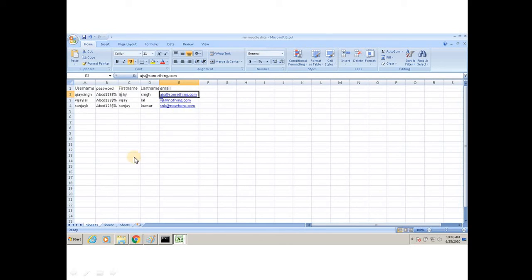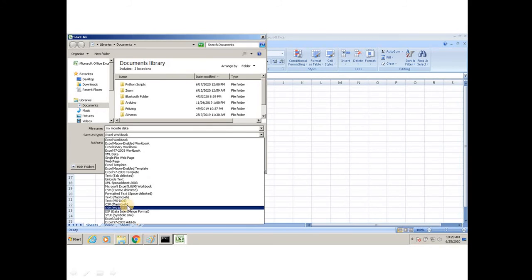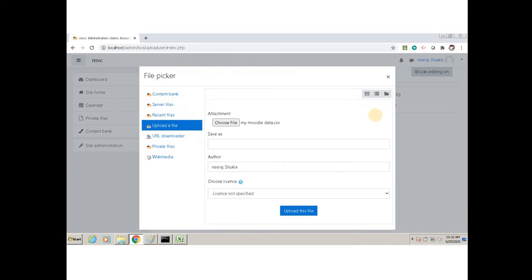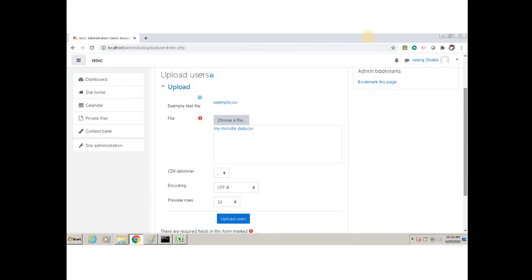You can create 100 users, 500 users, whatever number of users, and save it as CSV, and then you have to upload it here. After uploading, your file will be visible here, or if you are dragging and dropping, then also your file will be visible here.